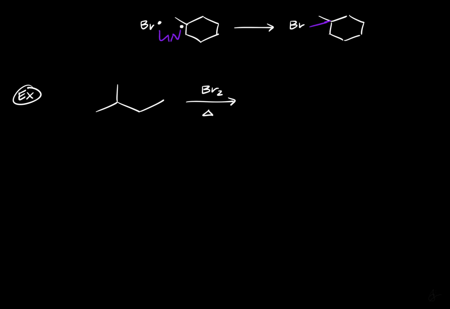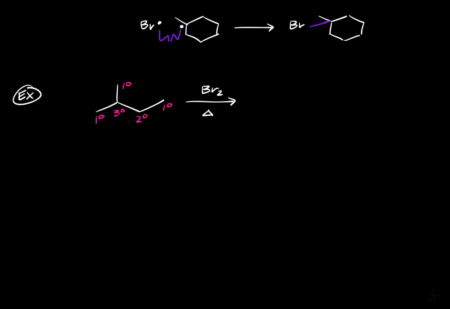What we can do is we can first predict the product, figure out where we're going to put our Br. So we have a primary position, a secondary position, a tertiary position, a primary position, a secondary position, and a primary position. Out of all these positions, the tertiary would be the one with the most substitution. In fact, we'll continue with this one,